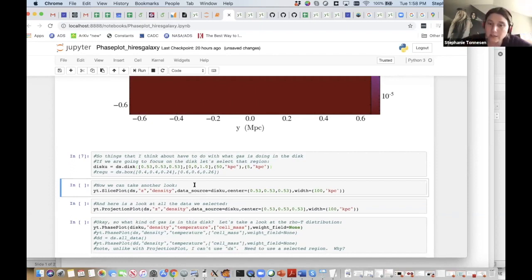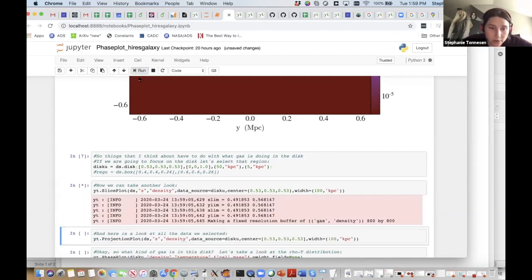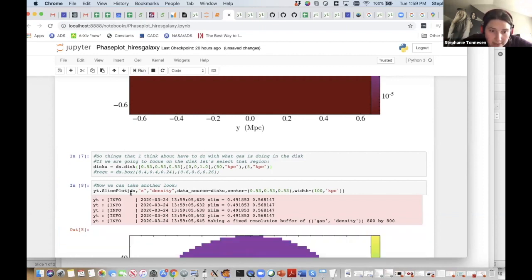And for whatever reason here, I decided that I wanted to look at a slice plot. So I can do that. And now you notice, I've got ds as my whole data set, a z slice of density, and then here I've set my data source to be disk U, which is disk U's. Very clever. And that's what I've set to be my disk region. Okay, and I'm centering my slice. I don't know that I actually had to set this. And then you can set the width of your slice